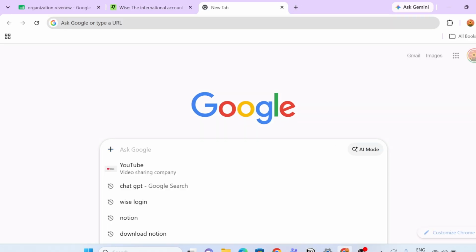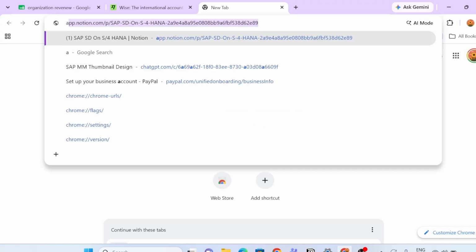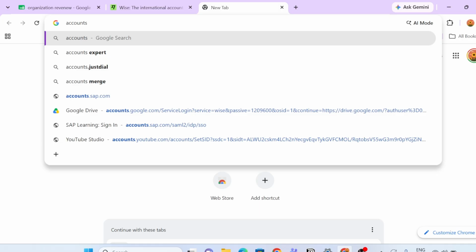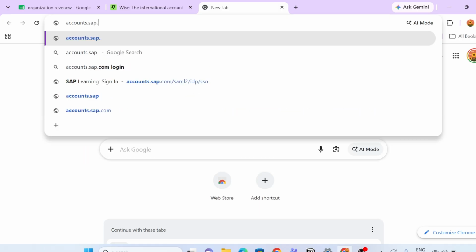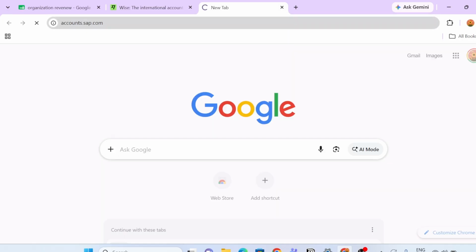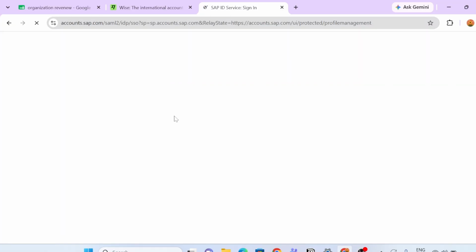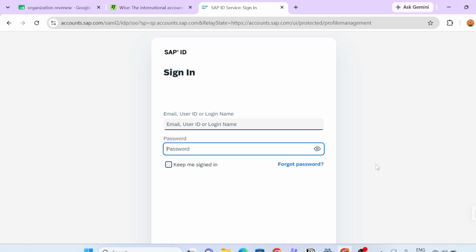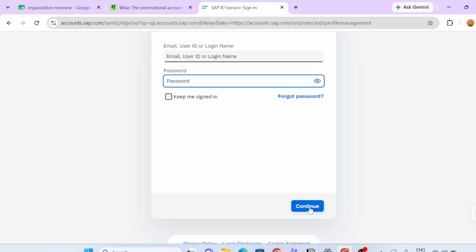As I have already done that, that's the reason it's not coming there. So here I'm writing accounts.sap.com, hit enter, and here you just need to give the email ID with which you have purchased the attempt and the password, and click on continue.